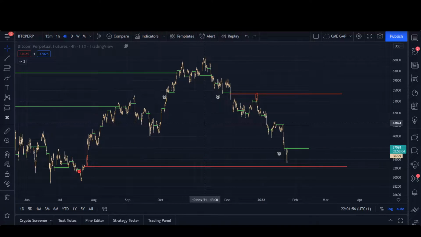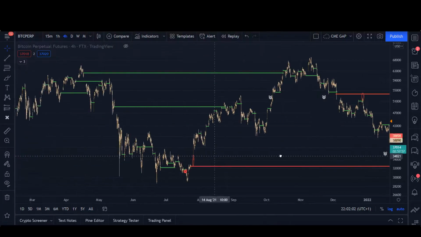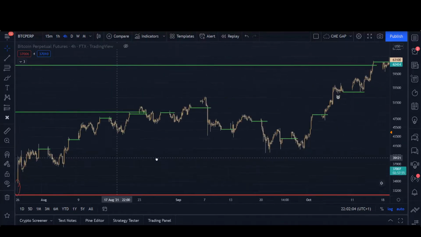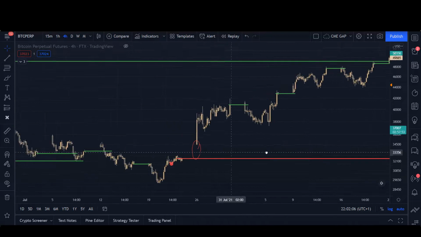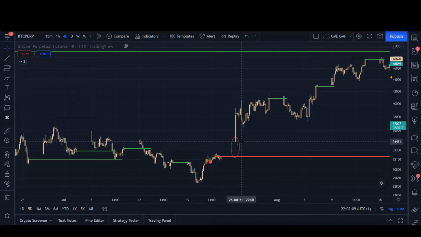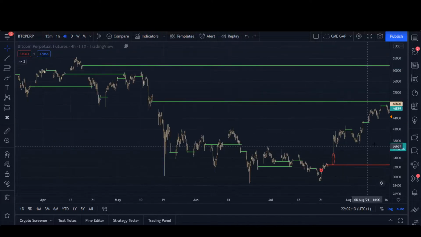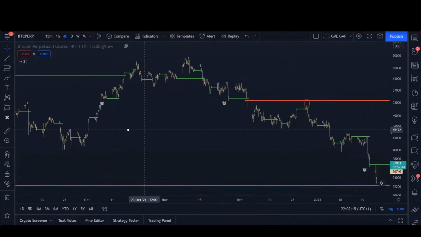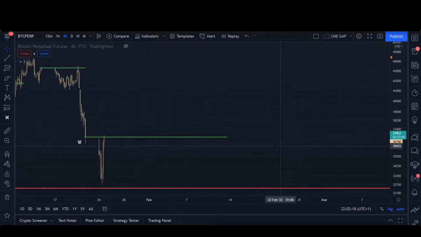And of course, Twitter has been raving all about the gaps. Let's say here was a huge gap. If I zoom in, here was a huge gap between 34,500 and 32,470, which hasn't been filled. Not fully, almost, but not yet.